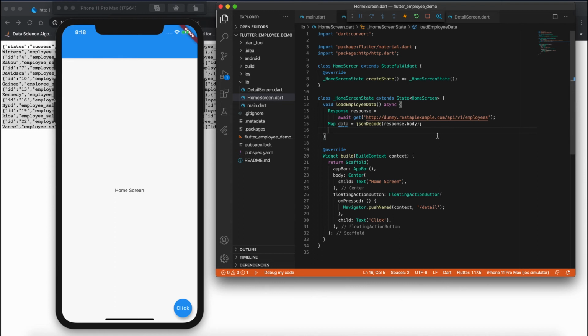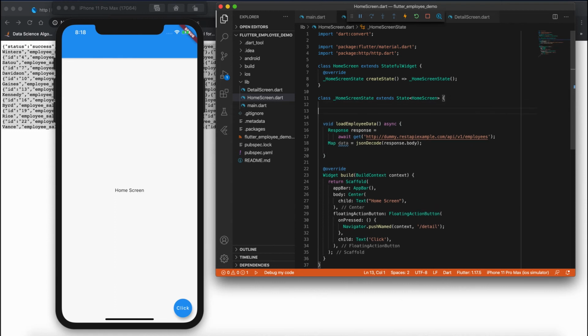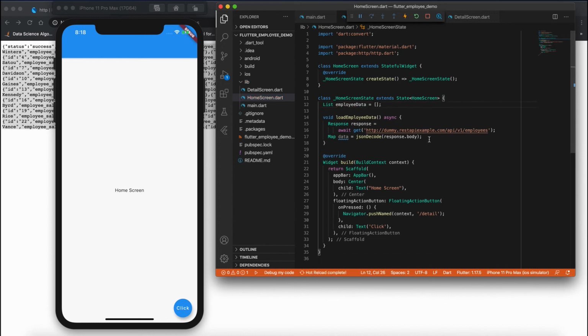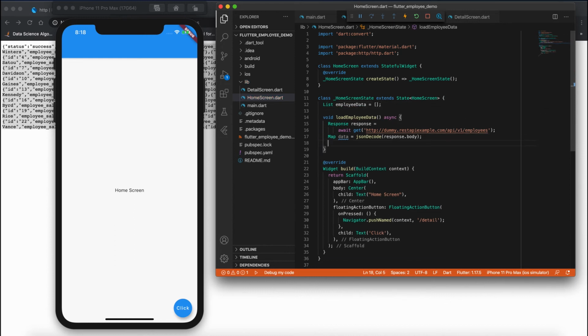So before that I want to place all this data in one list. For that, let me create a list here. List, I'll write employee data. So I created one empty list. In this list, I will add the data that I fetched from the JSON. So employee data is equal to emp data.